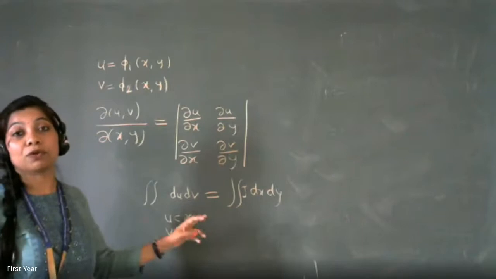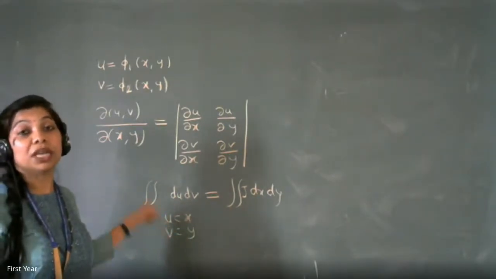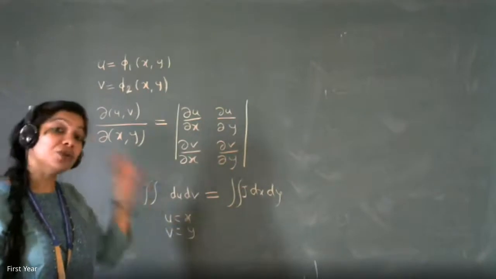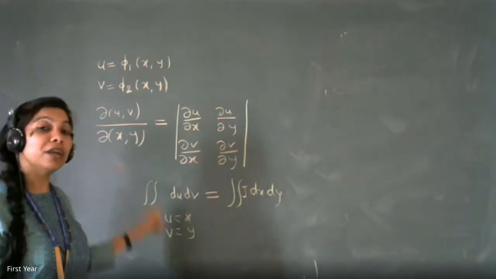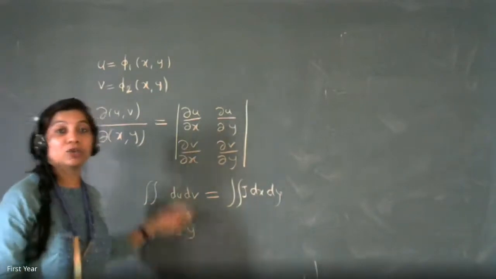In M2 we are going to see double integration and triple integration. There we have to do the transformations, and we will be making use of this. So I'll ask you in M2, and at that time you should tell me that we have done this in M1 and the use of it is here. Okay? So what is Jacobian?